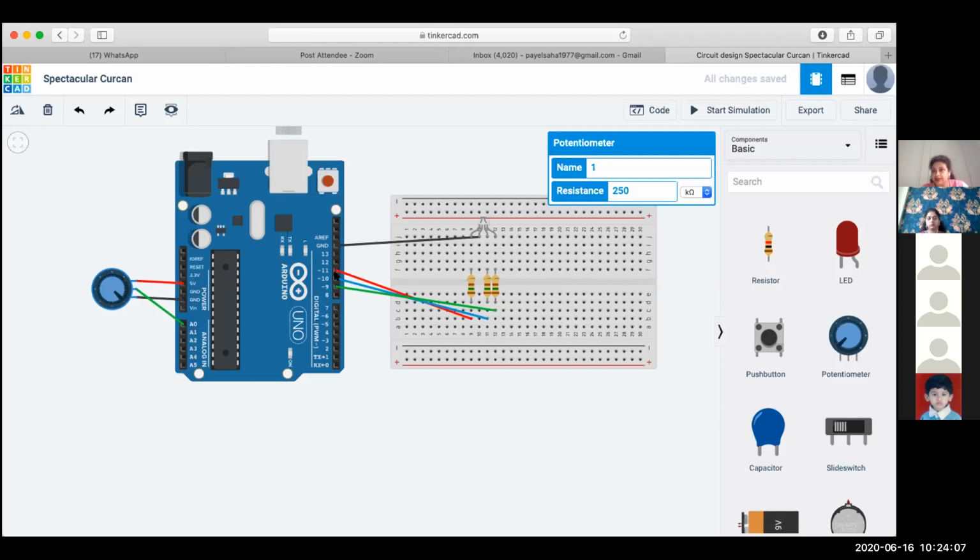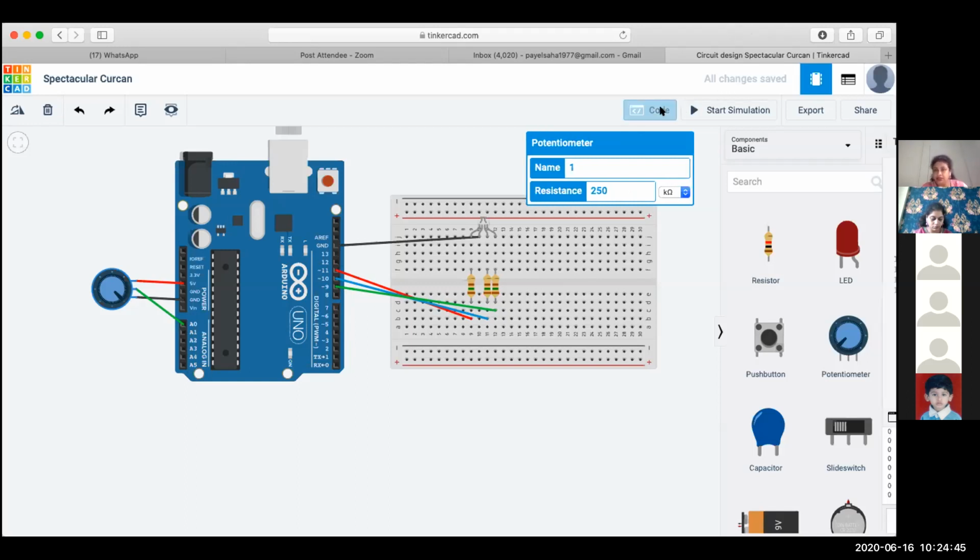Are you getting it now? So any 10-bit value ranging from 0 to 1023 has to be scaled down to an 8-bit value ranging from 0 to 255. That is what we need to do, correct? So for this, we need a scaling function, a command which can scale values in the range of 0 to 1023 into an equivalent range of 0 to 255. That is what we require.